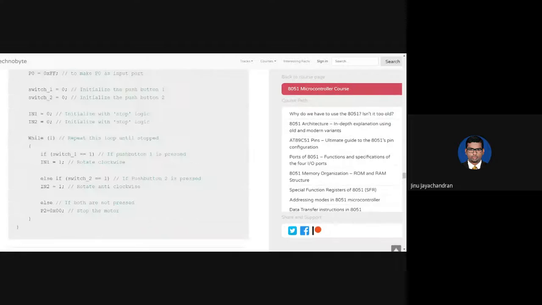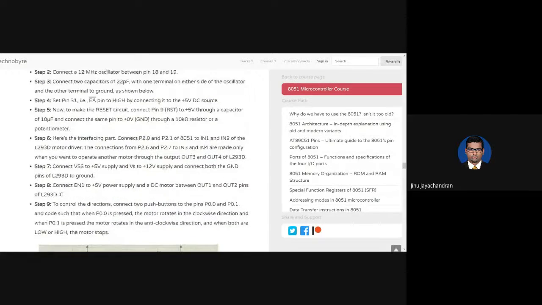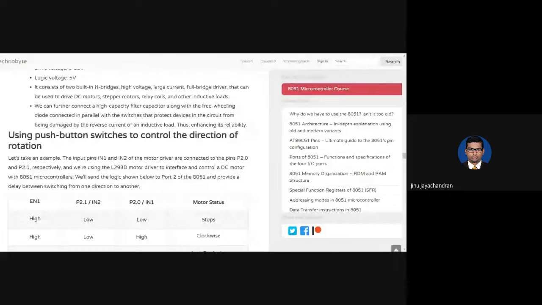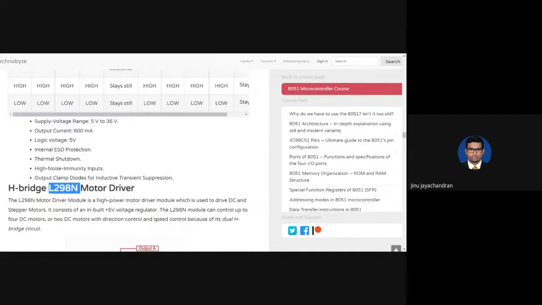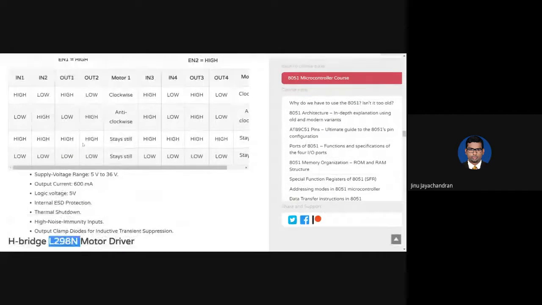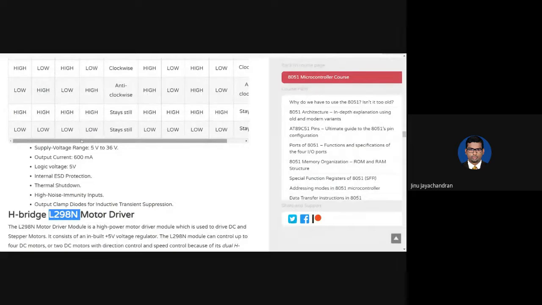Again, just like we have used the ULN2003A in our stepper motor, the DC motor also needs a special kind of motor driver IC for the H-bridge called the L298N. You need to interface it similar to what we have done for the stepper motor. You need to do the same thing for the DC motor also. I am not expecting you to do any experiment based on the DC motor, but I want you to do some experiments on what I have told based on the stepper motor.